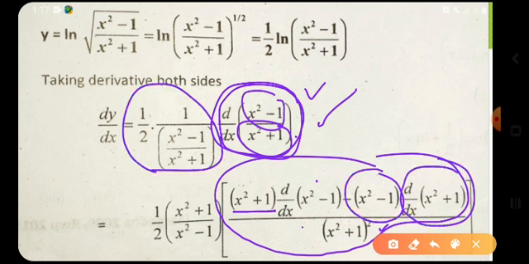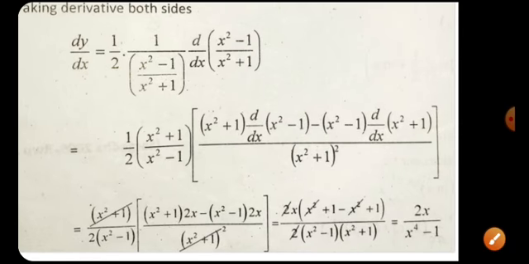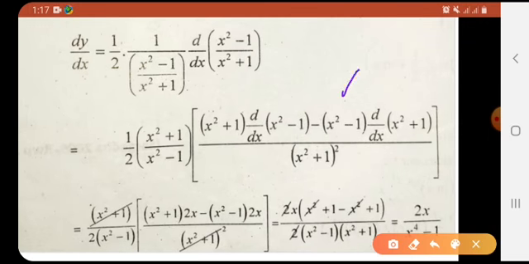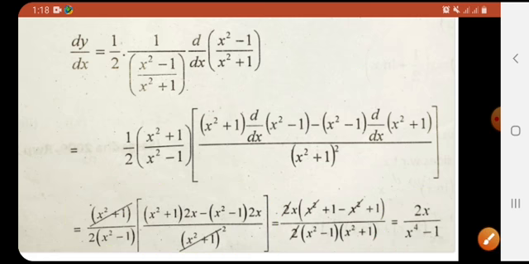And what about this term? क्या बनेगा? 1 divided by 2. This thing would become, this would reciprocate, like it would be x square plus 1 in the numerator and x square minus 1 in the denominator. और यहाँ पे आपने इस पे quotient rule apply किया like this. Simply बिल्कुल वही steps हैं. You would just be simplifying it. You know, it's the derivatives. I think you people are cleared about it. So all you have to do is simplification like this, and this would be your final answer, right?